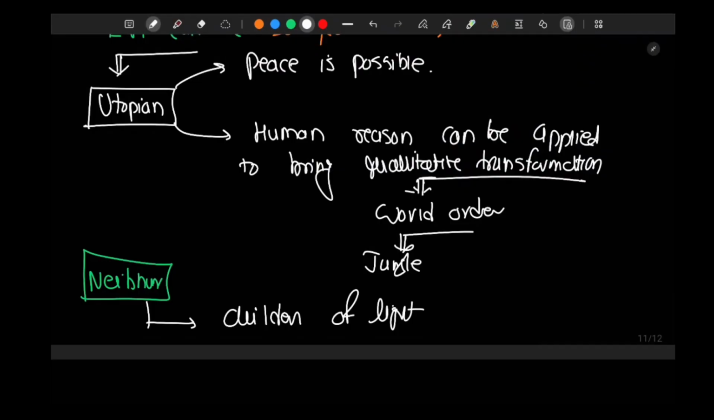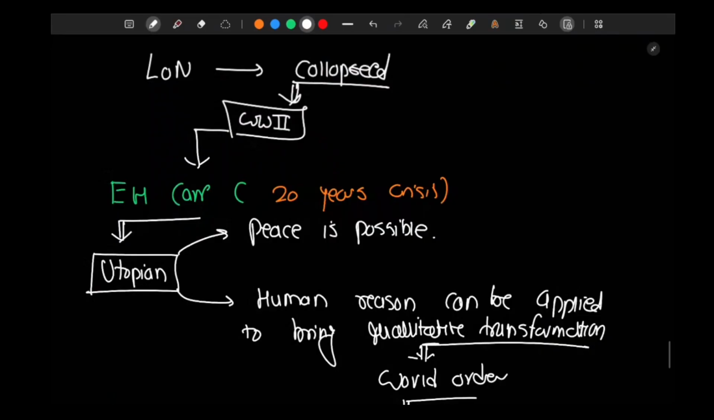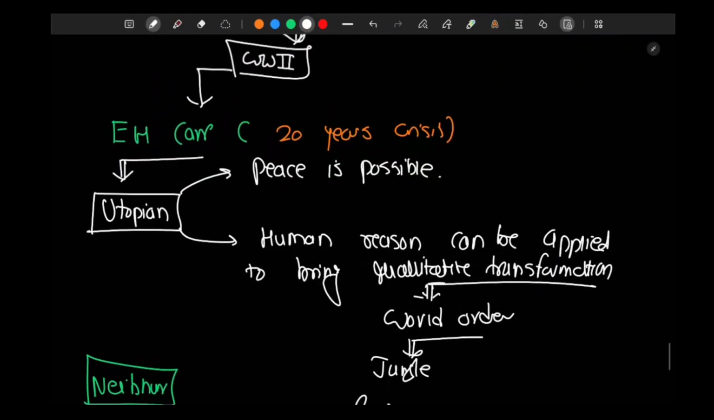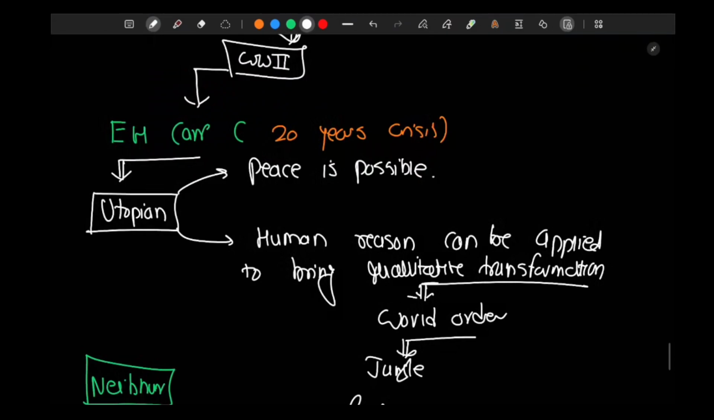I hope this was helpful. From the next lecture, I'll start with the man who criticizes liberalism to be utopian. He observed that peace is not possible, and he observes that human reason cannot bring qualitative change. World order continues to be a jungle. We will understand realism, we will understand E. H. Carr and his book The Twenty Years' Crisis,